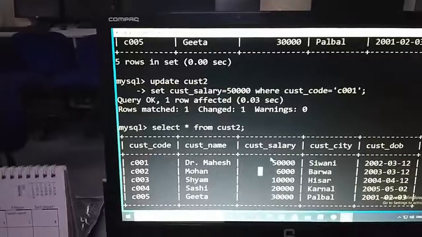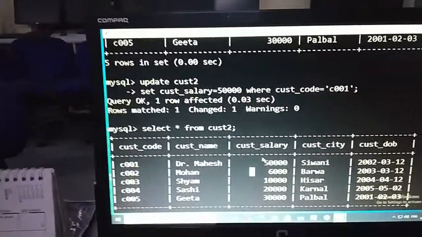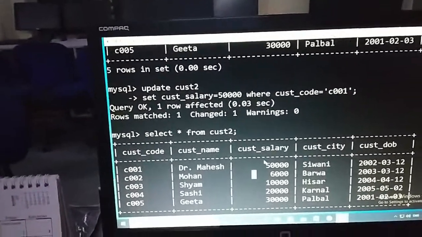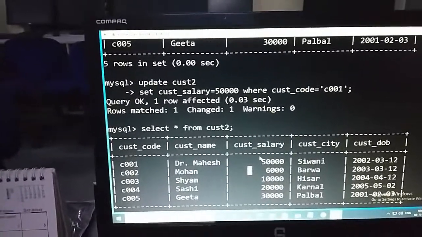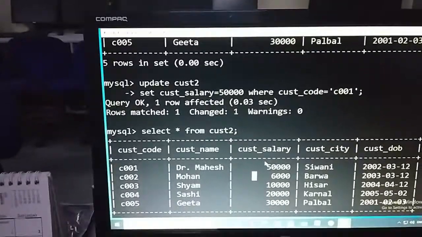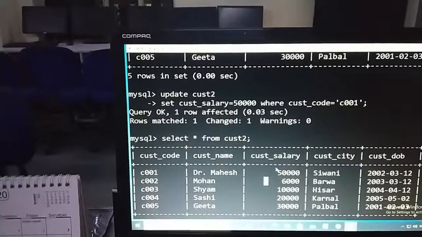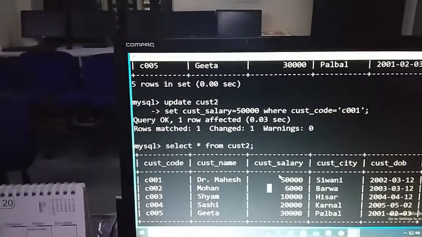So the update command, you have to remember the update command syntax is update, table name with a space, definitely. Then set what field you want to set equal to what value you want to set, where some condition, because otherwise, if you want to update all records with the new value, then simply you can say update table name set field equal to new value. It will change every record, but that is a rare circumstance.